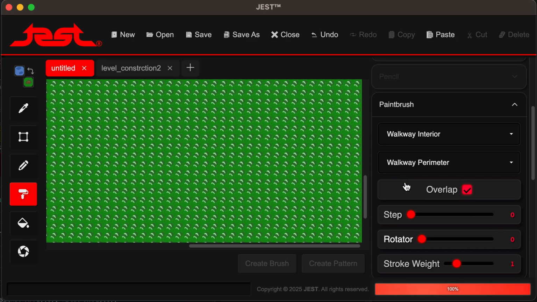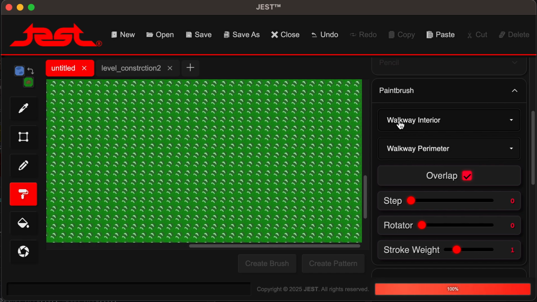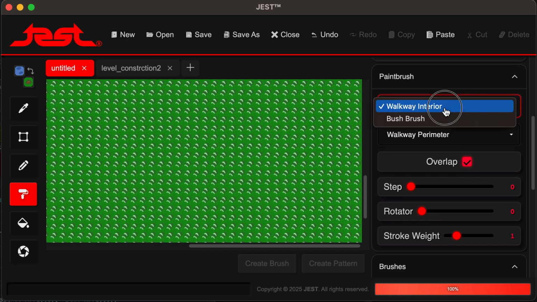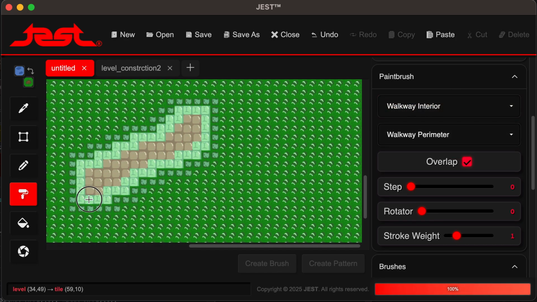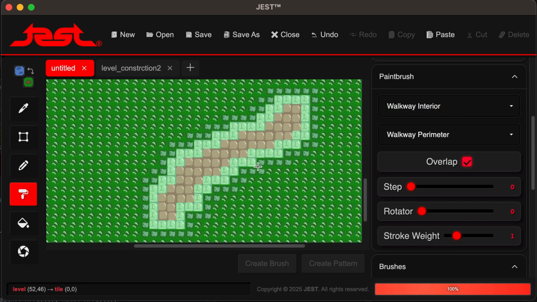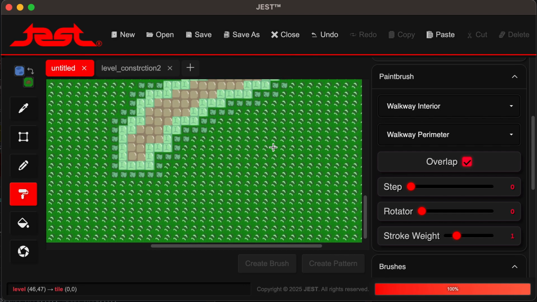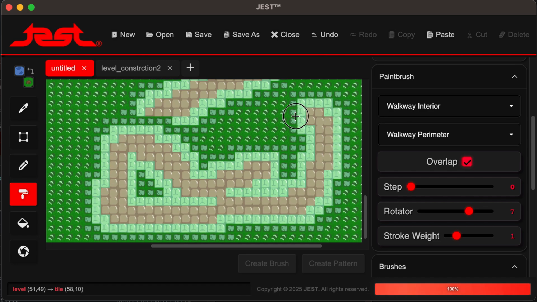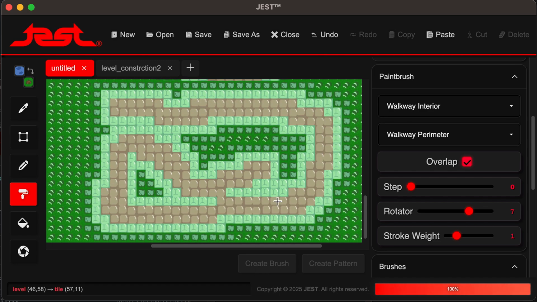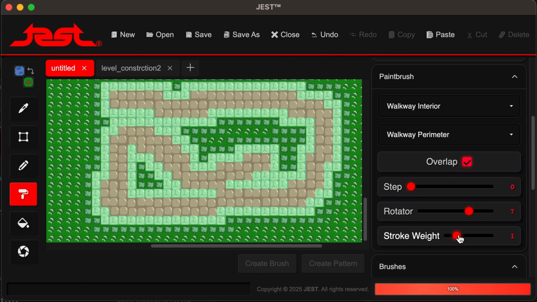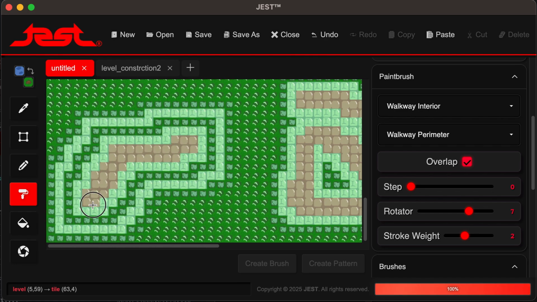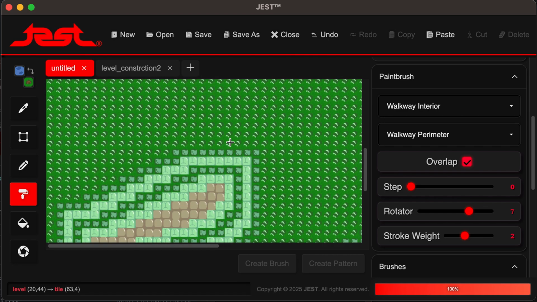And so now if I go into my paintbrush options for the paint roller tool here, you can see that I can choose walkway interior and perimeter, and I can just draw walkways now. So the stroke gets wrapped around the brush. Other cool stuff you can do is rotate it. Every so often the tiles will rotate just to give it some more randomness. You can change that stroke effect, which will kind of double it up and give it a kaleidoscope effect,